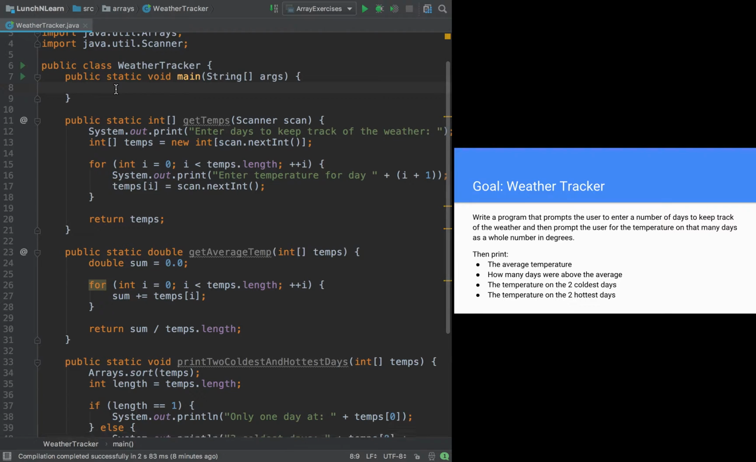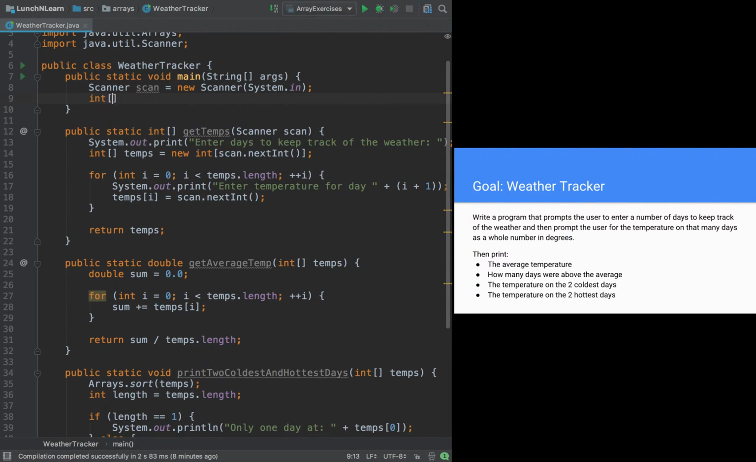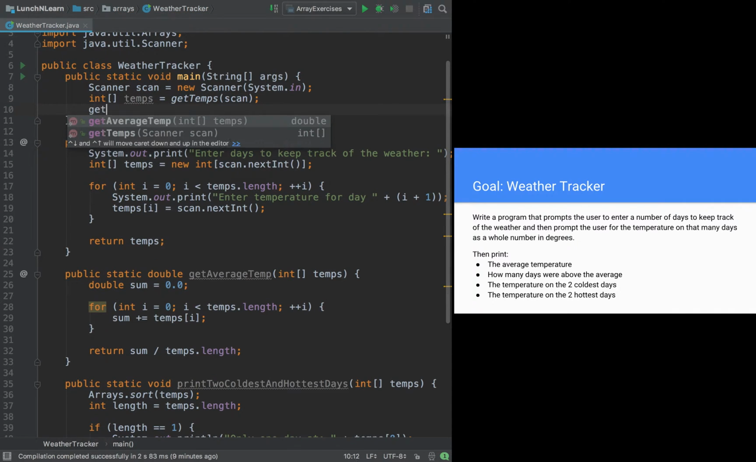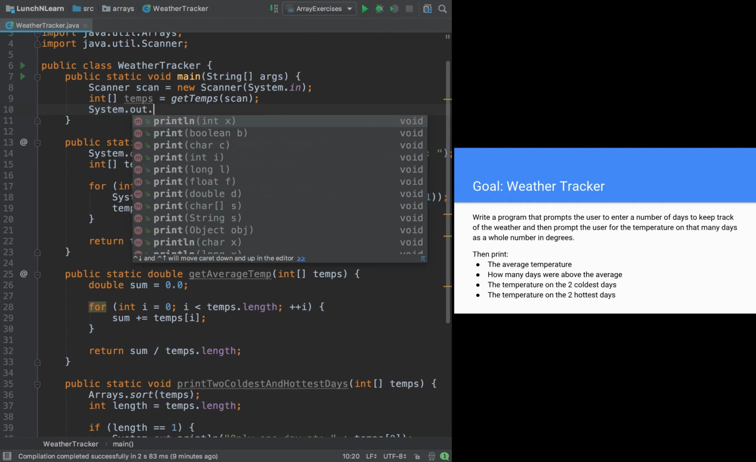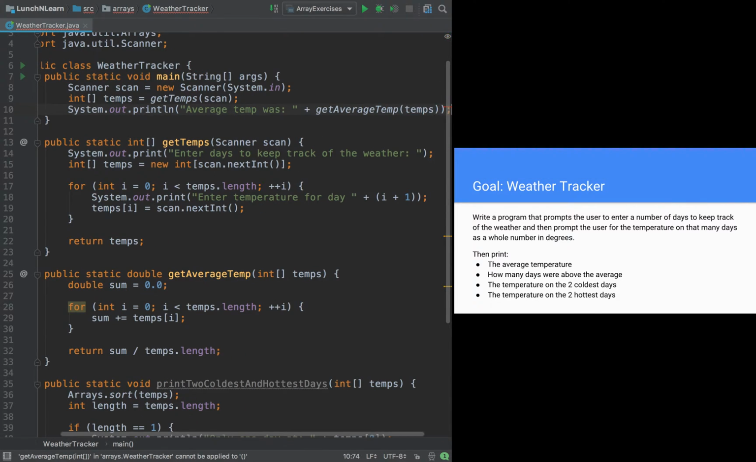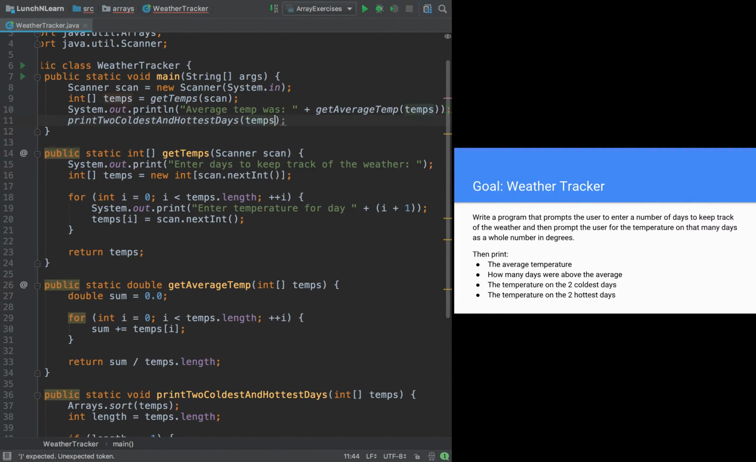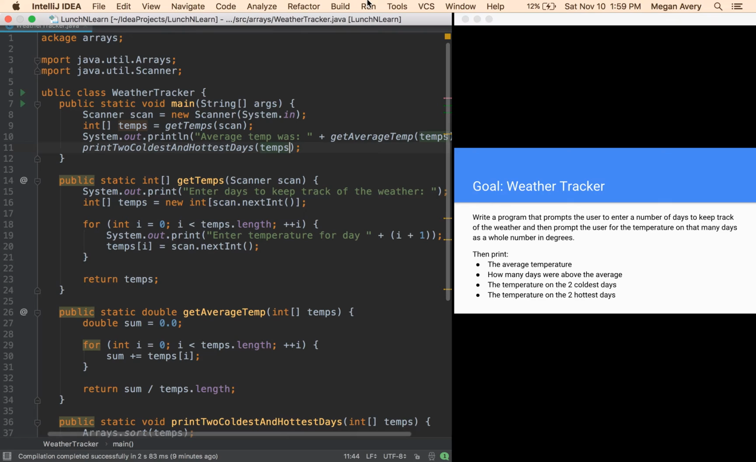So first things first, in our main we want to say Scanner scan equals new Scanner(System.in), and then we want to say int[] temps equals getTemperatures(scan). We want to print the average, so we want to say "The average temperature was" plus getAverageTemp of temps. And then we want to print the 2 hottest and coldest days of temps. Okay, so now if we do run